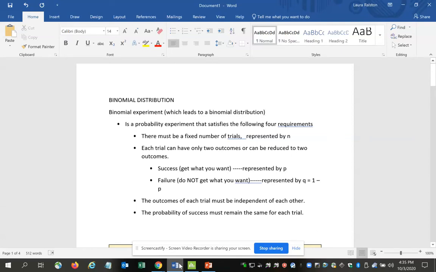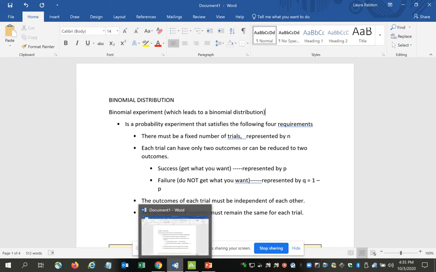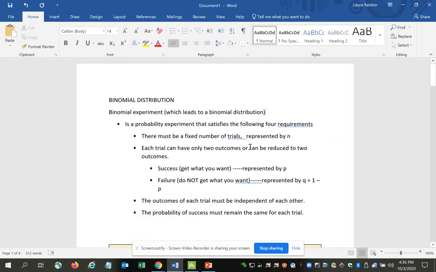Many of you have expressed difficulty with the binomial distribution, which is part of Module 2. So I wanted to review quickly what a binomial distribution is, and then look at how to work some examples or problems with the binomial distribution. A binomial experiment, which ultimately leads us to a binomial distribution, is a probability experiment that satisfies the following